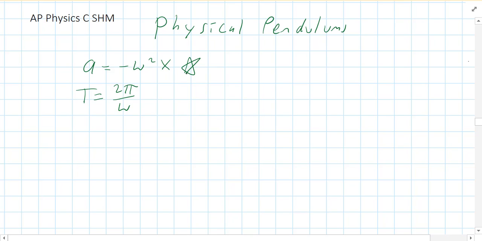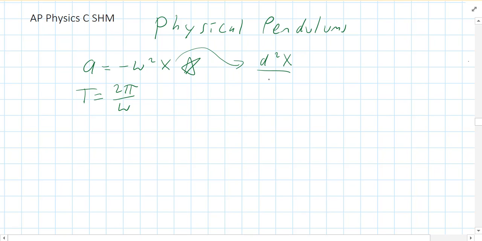You can write the acceleration in terms of x, and whatever's in front of the x is omega squared. Do remember this is a second order differential equation. What I mean by that is the acceleration is the second derivative of position. The first derivative is velocity, and then you get acceleration. So you can rewrite this as